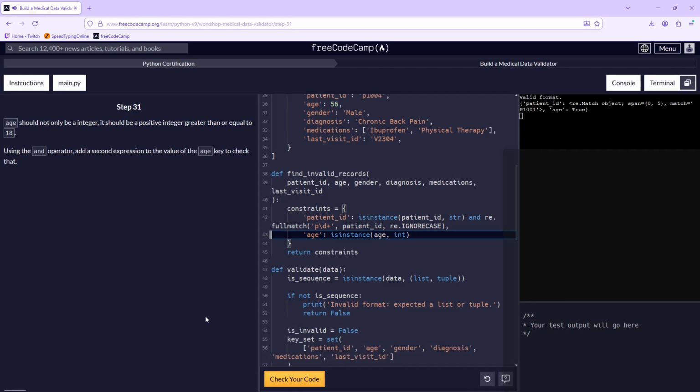Age should not only be an integer, it should be a positive integer equal to or greater than 18. Using the and operator, add a second expression to the value of the age key to check that.